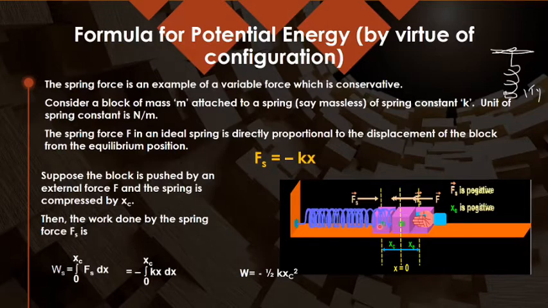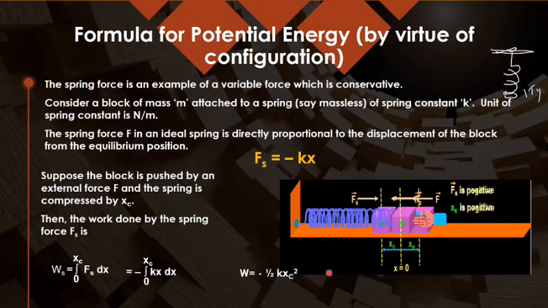position. Now k is a constant. Of course, the spring constant can be taken out. Integration of x dx is x square divided by 2. And when you put the upper limit minus lower limit, then you may write the work done as equal to minus of 1 by 2 kx square, or kx c square, whatever you may write. Simply, if you want to bring it from 0 to x position, then you may write it as half kx square, that is the magnitude, but the negative sign is showing you the direction of the force.